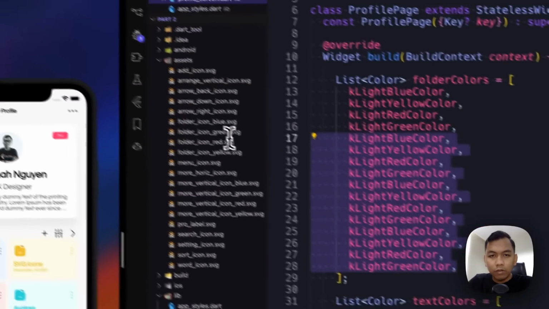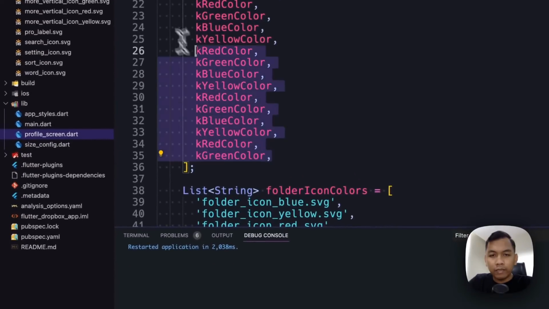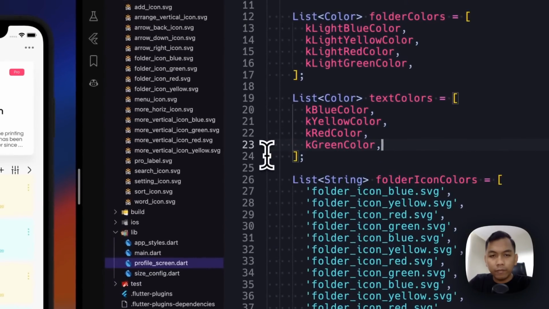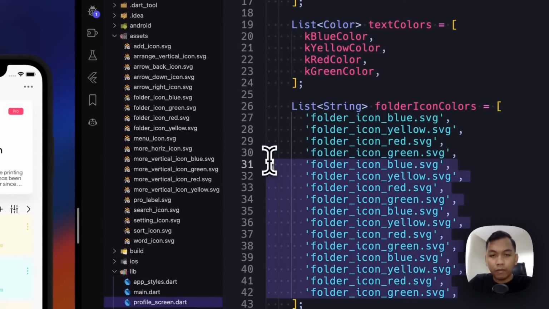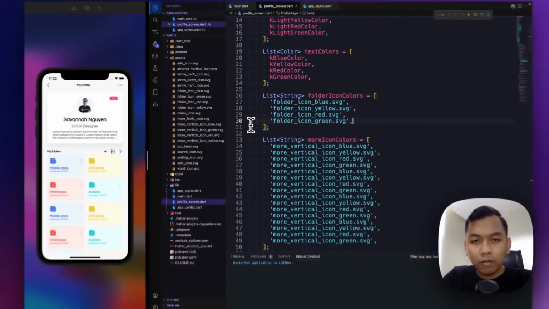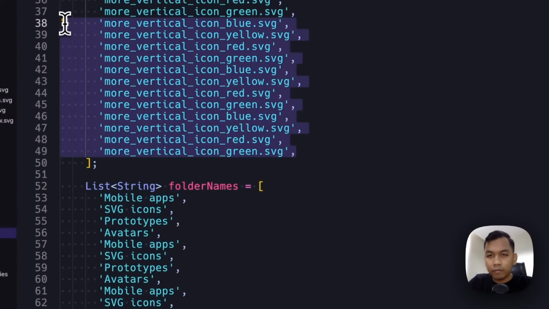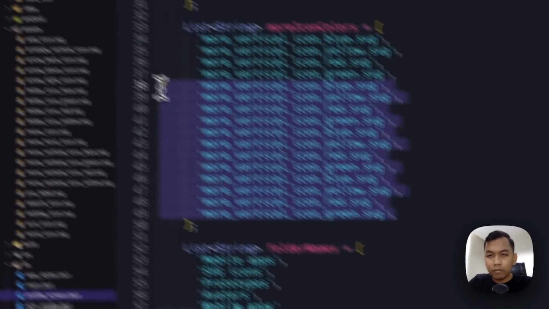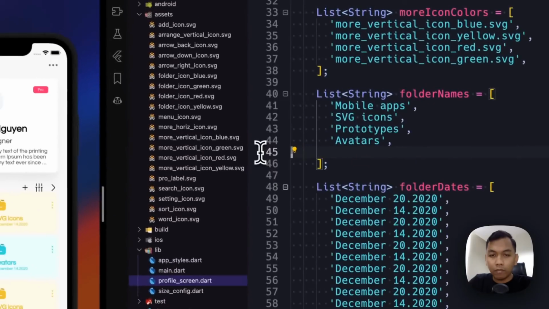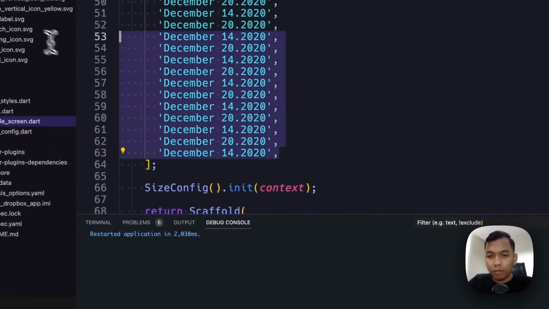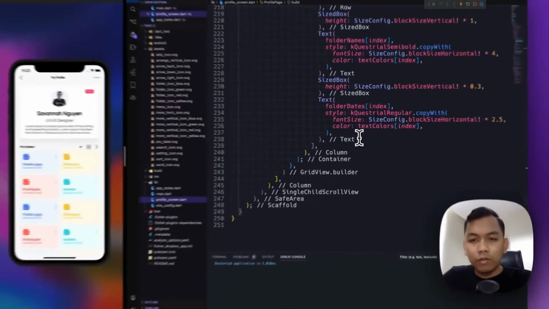So delete this, and then delete this, and also this. Again, and let's go to grid view again.